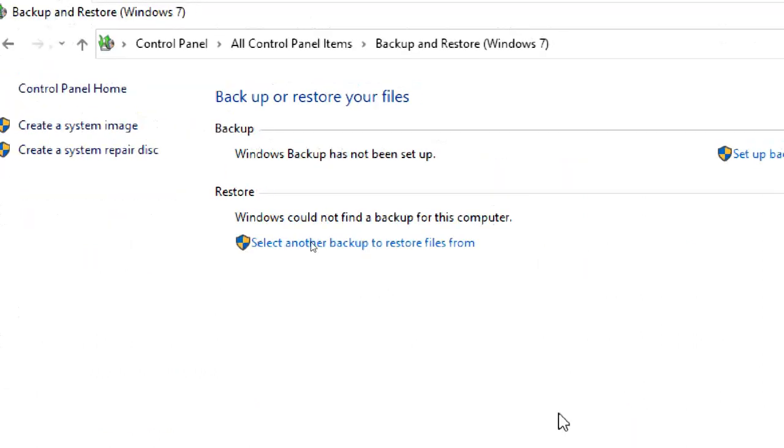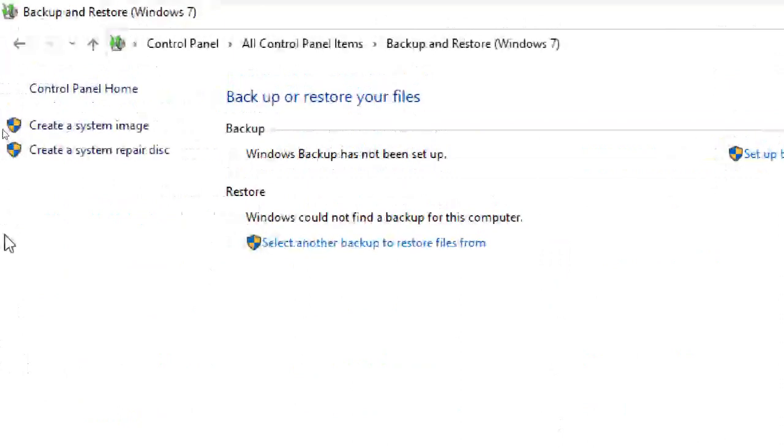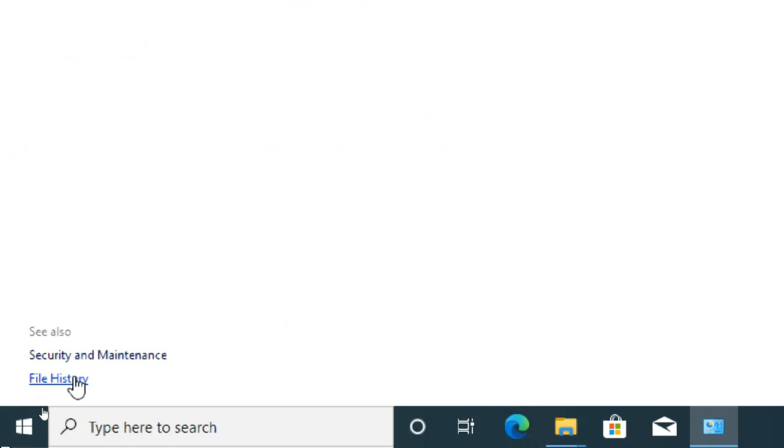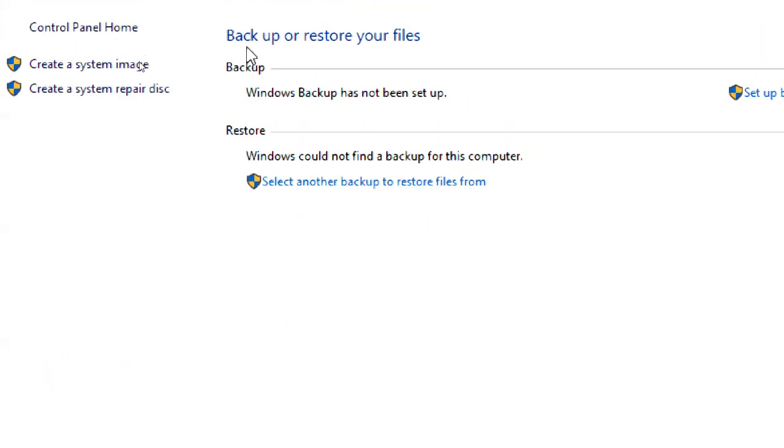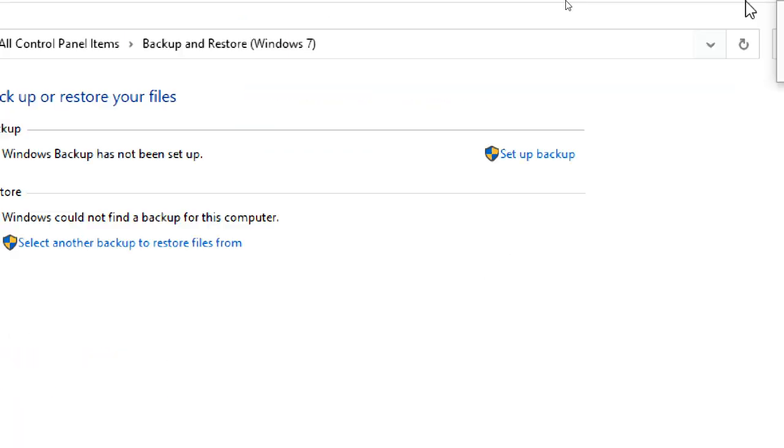This is the backup tool. Create an image backup, create a repair disk, back up or restore your files. This is backup and restore. File History is also used for backup. So normal backup, image backup, repair disk, and File History.